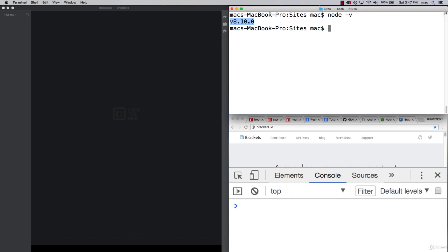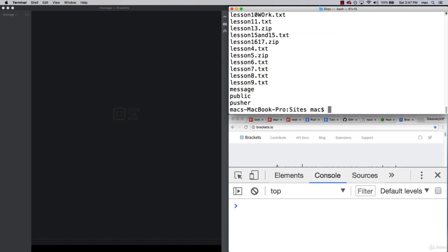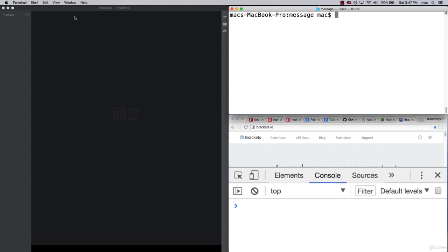And all you need to do now is navigate over to the folder. I've already created a folder called message, so this is where I'm going to create my application. So I've got that sitting and I've navigated into that folder. Well, I'm navigating into the folder now, and we'll just clear that up. So right now I'm sitting in a message folder and I'm all ready to go to start building out my